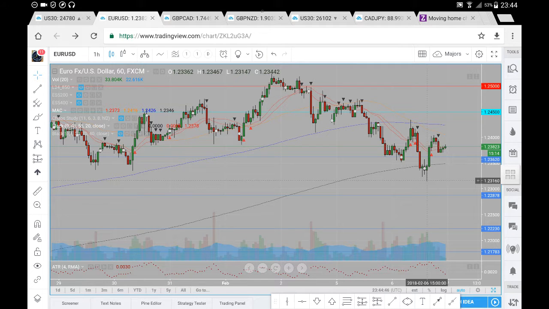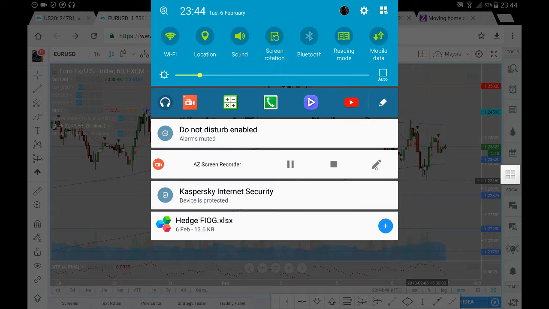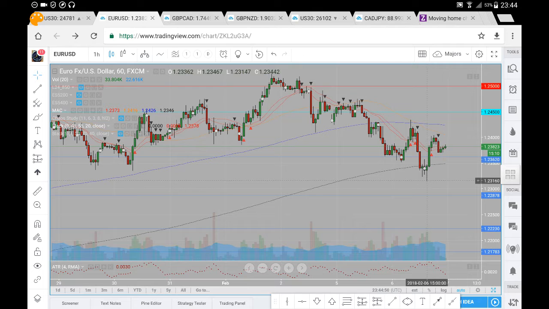So this is Euro dollar analysis for Wednesday, the 7th of February. Now, let's have a look at what happened to prices and where prices may likely go. So here on the 6th,